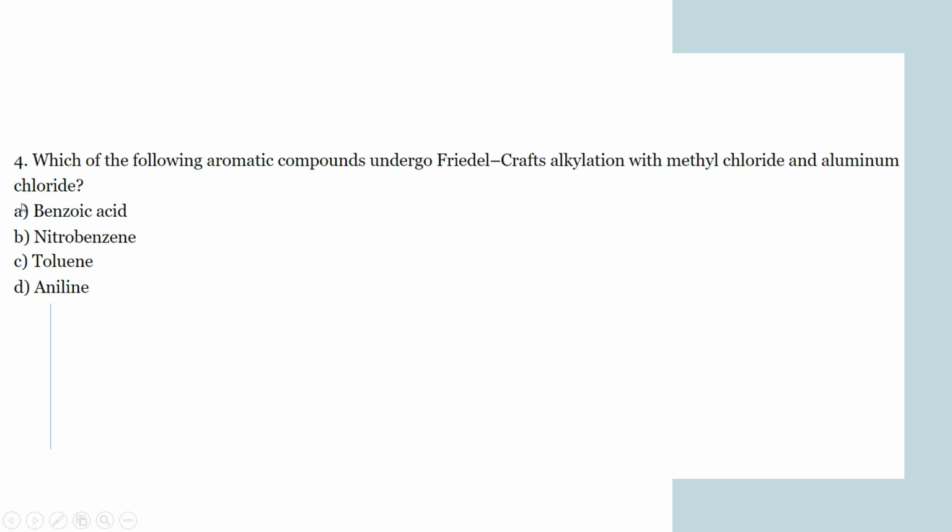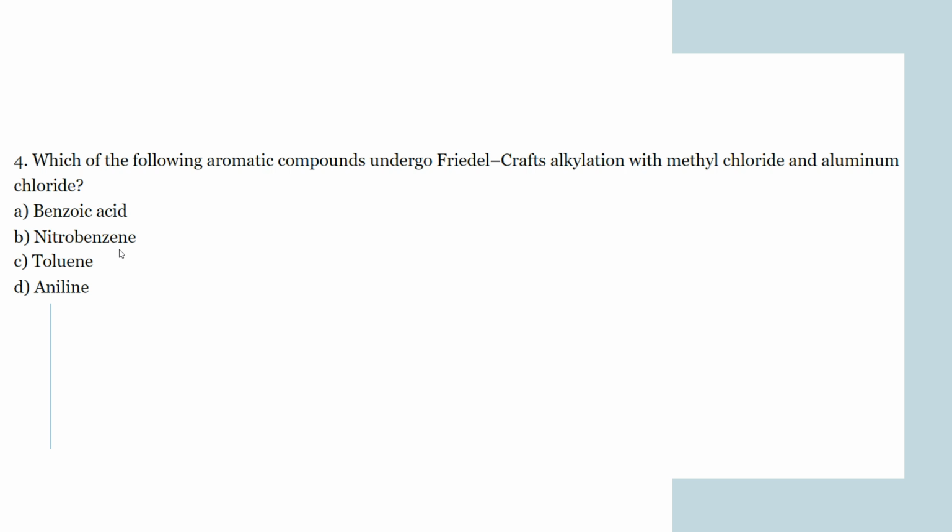That is why we can cross out option A. Similarly, option B, nitrobenzene. The nitro group is a strongly electron withdrawing group. As the nitro group is also making the benzene ring electron poor, electron deficient, it also cannot undergo electrophilic